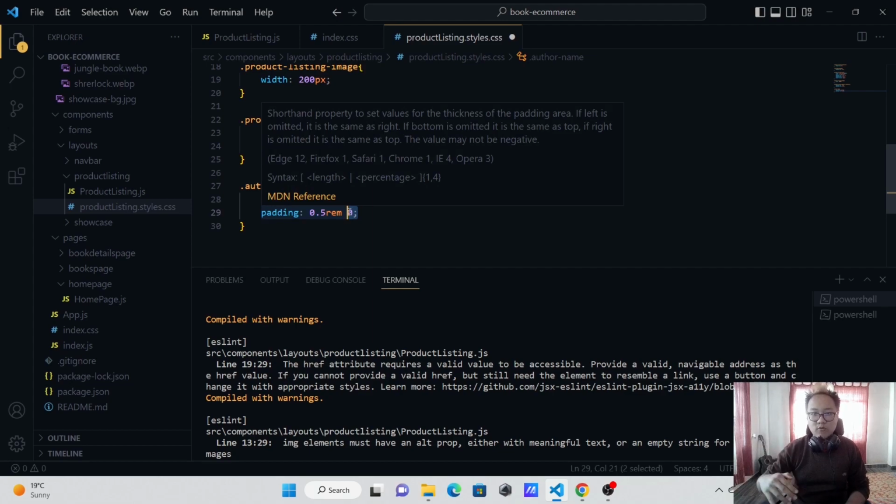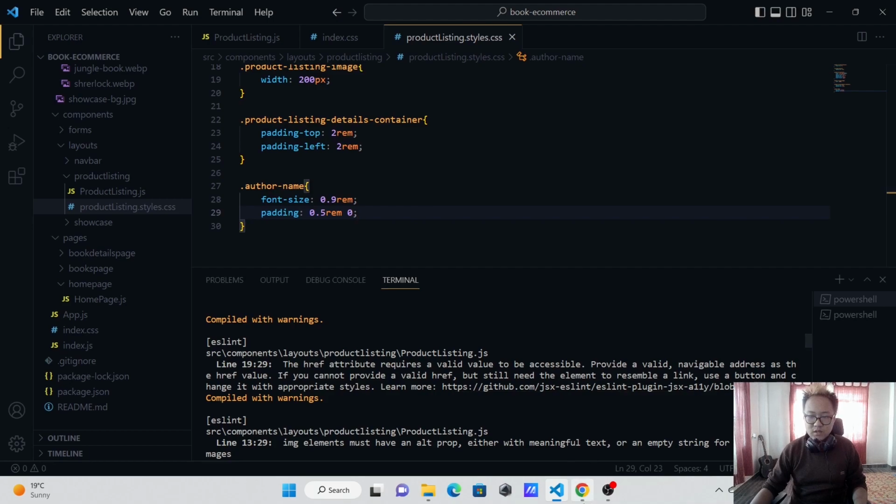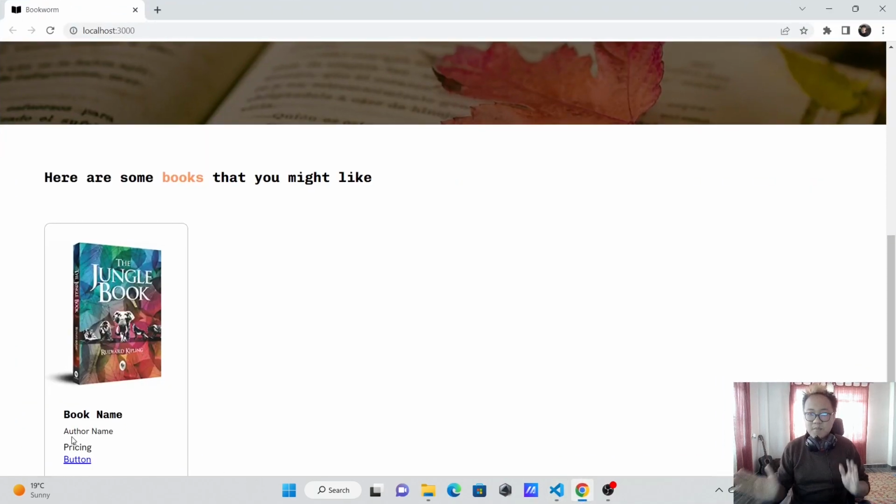So for the top and bottom I want a 0.5 rem of padding, but for left and right I don't want any padding, so I'm just going to set it to 0, right? So if you save this, you'll see that the author name has come back to align with our book name. Okay,